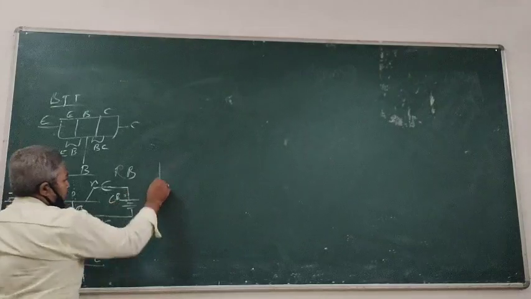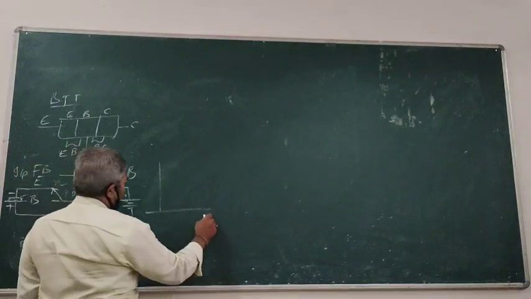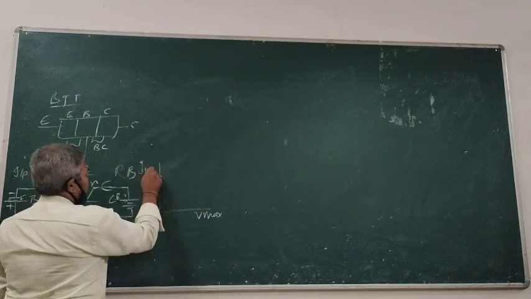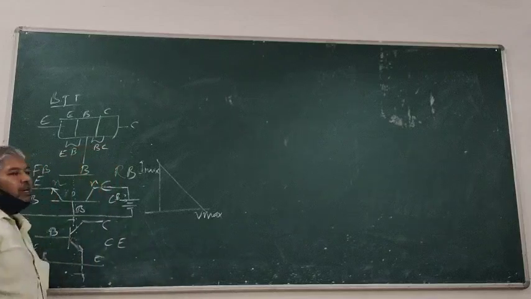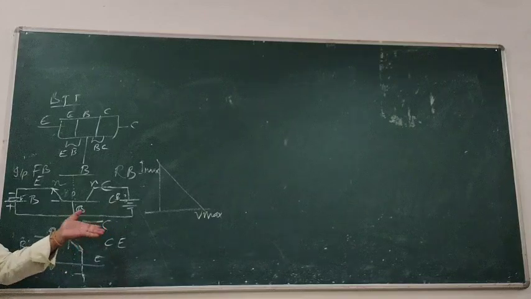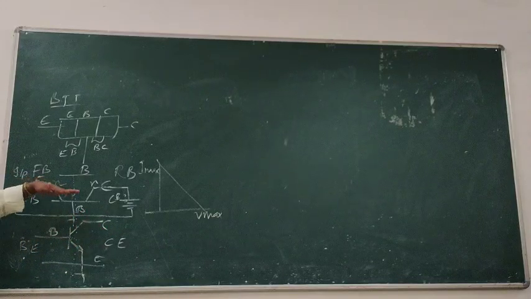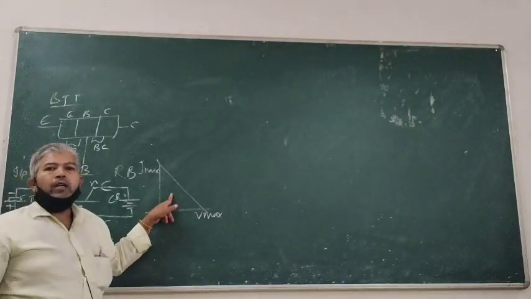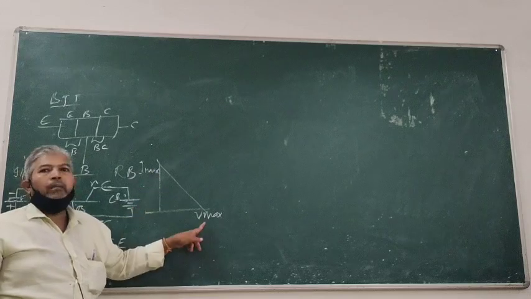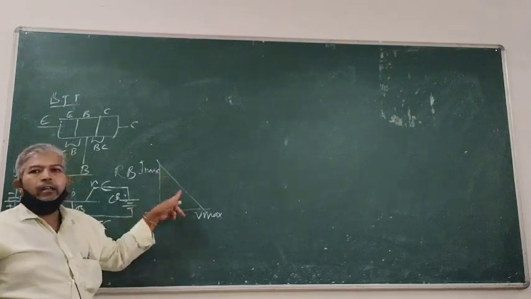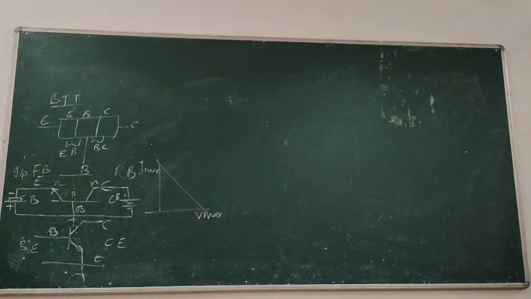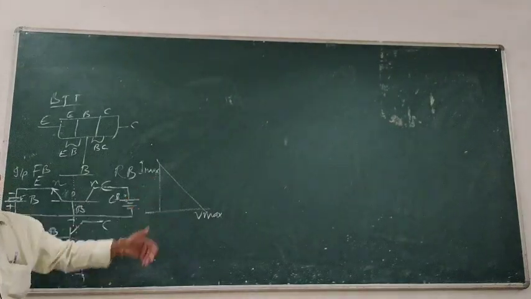So that is Imax. This line we can call a load line. I'll come to the subject afterwards, but I'm just giving you the hints about this. What is a load line? A line joining the maximum current to the maximum voltage, diagonally. That is the area placed between current and voltage. So that is called a load line.